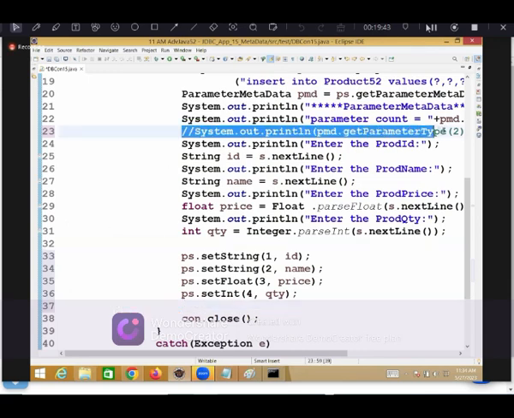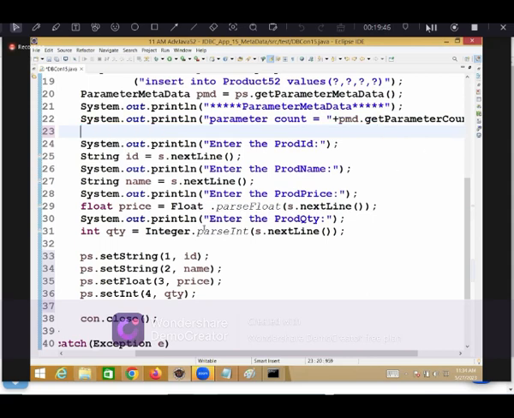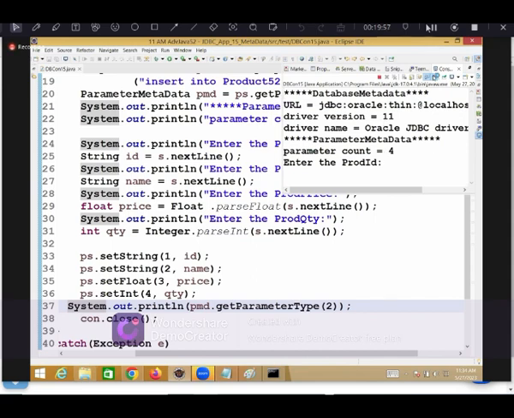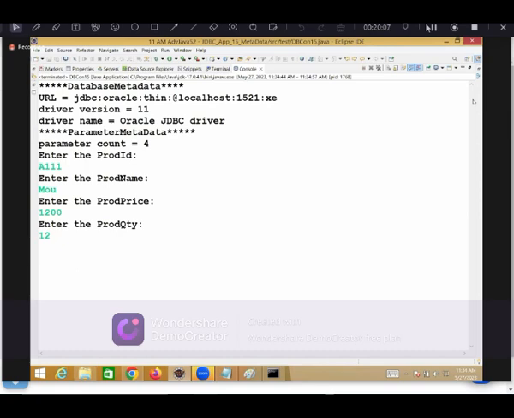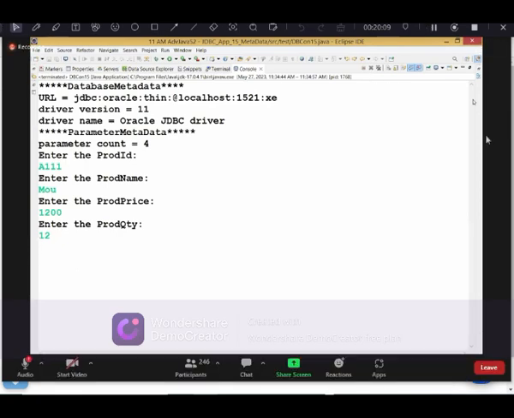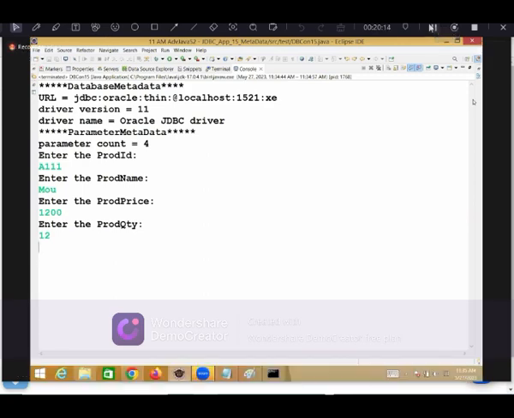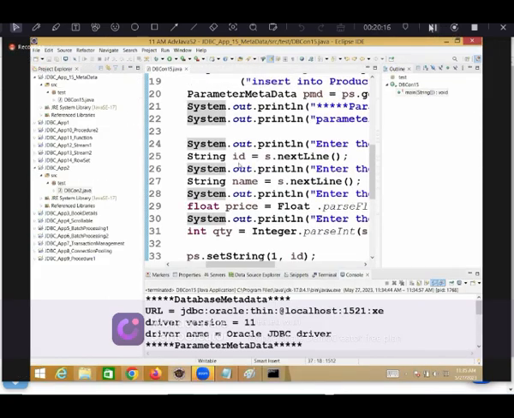You try to display this now, because we set some value. I'm not executing, just I'm showing. Some A111, some mouse, 1200. The display is not coming for parameter type. So it's taking the type. Okay, right. Now finally, the information is